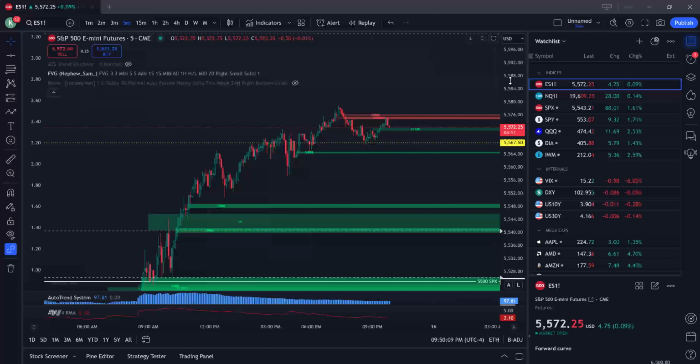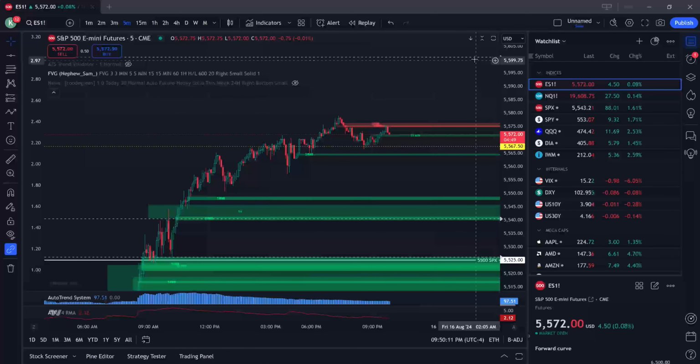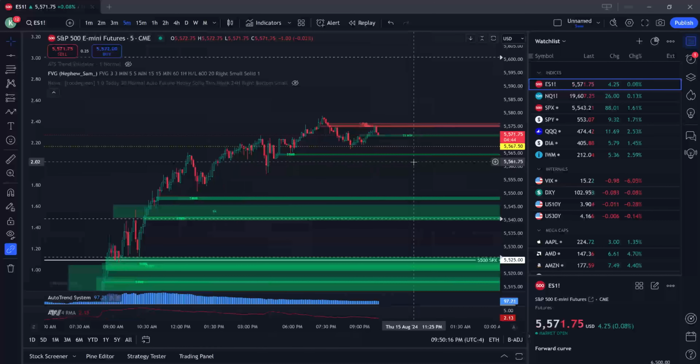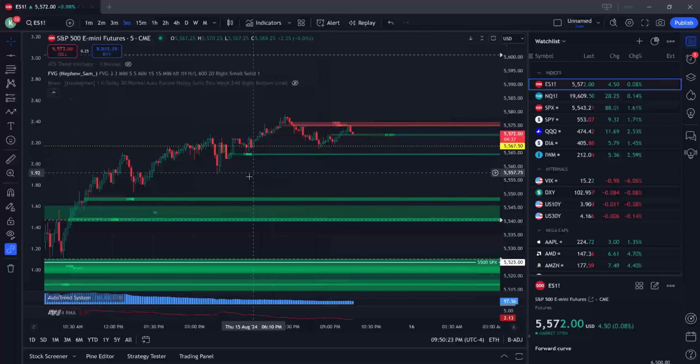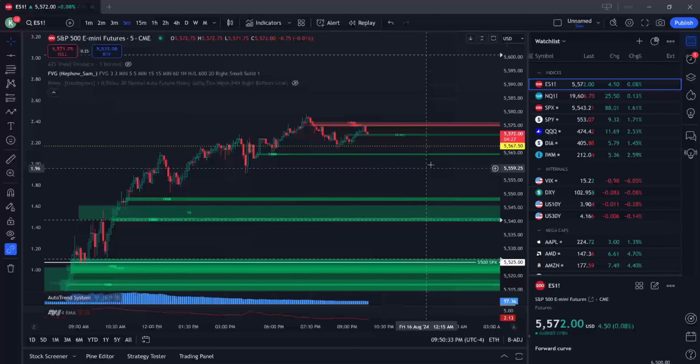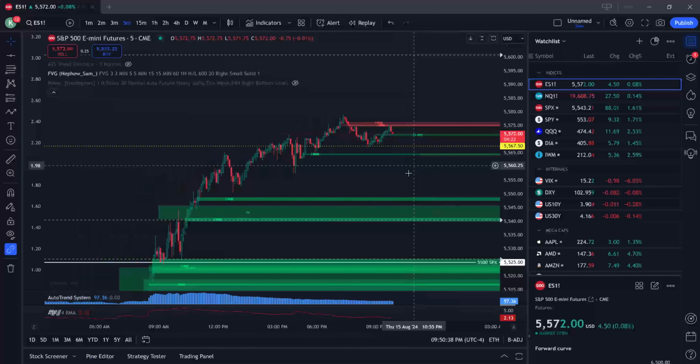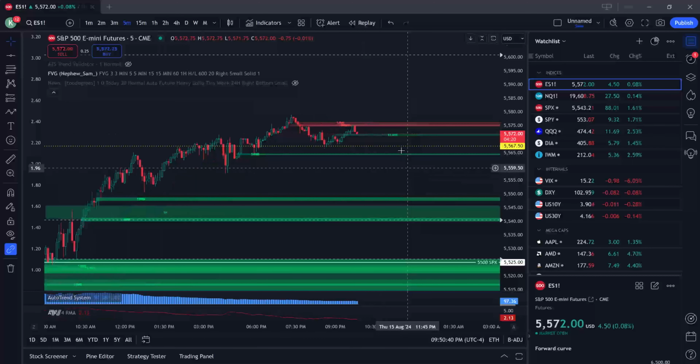So I'm not looking for a 2-to-1 risk-to-reward ratio. I don't care about that. I just know I want more than 1-to-1 always. That's one thing I will tell you for a fact. And if this trade works out, it'll be a 4-to-1 or 3-to-1, excuse me. So I'm always looking for liquidity levels when I set my profit targets. And I'm always considering my stop losses because it's fixed to a set dollar amount for me. Does that make sense?